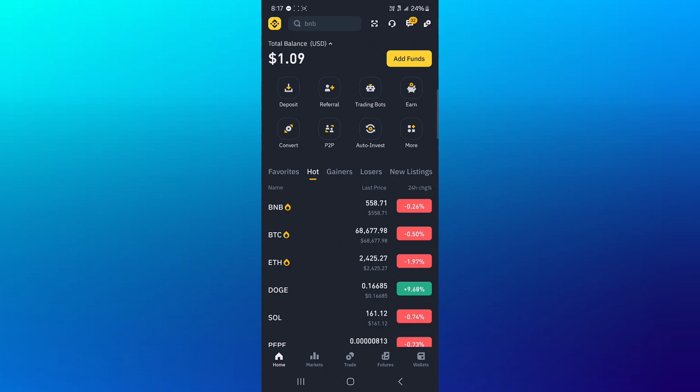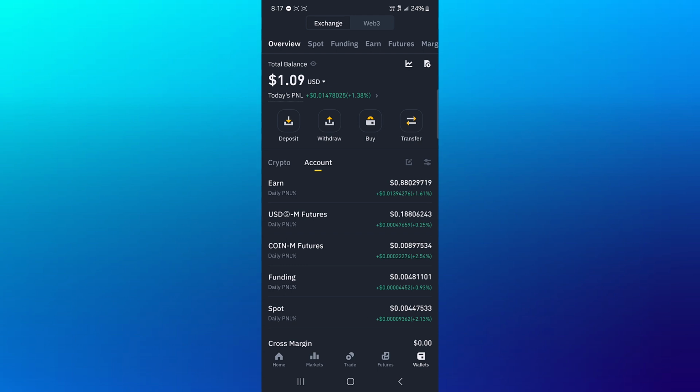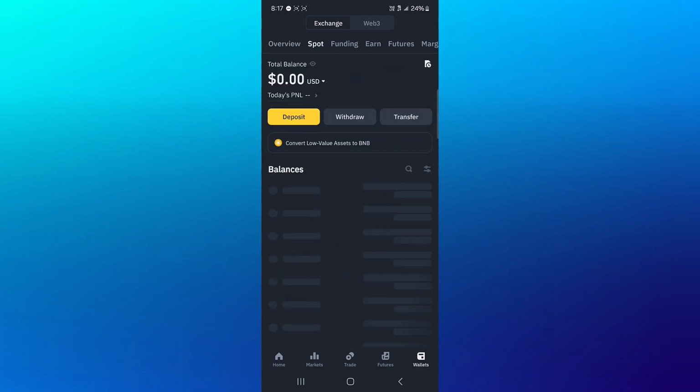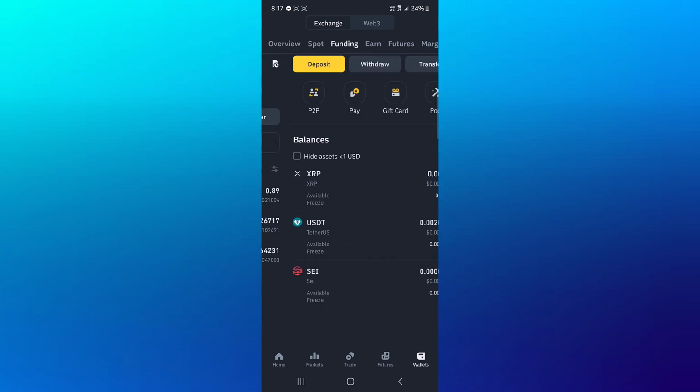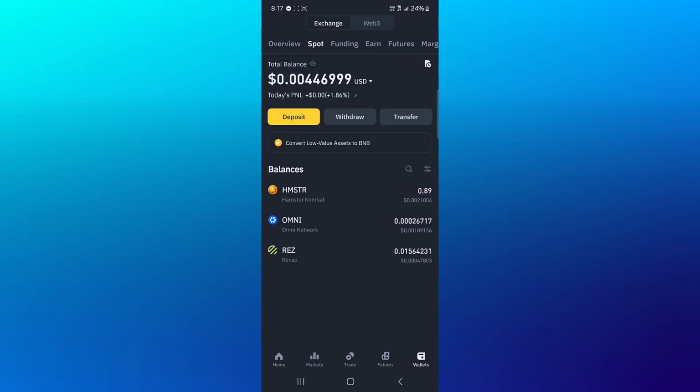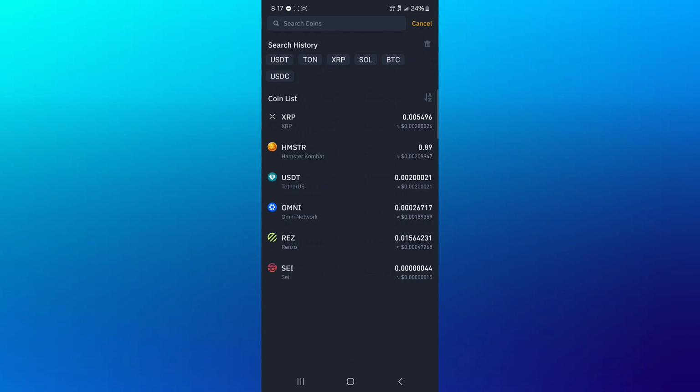So you're on Binance, you've got a verified account. How can you send your Ethereum to Metamask? It's easy. Head to the wallet section at the bottom right corner of the screen. From the overview, scroll to your spot or funding, depending on where your Ethereum tokens are stored. Once you've found your Ethereum on here, click on the withdraw option and then simply type in or use